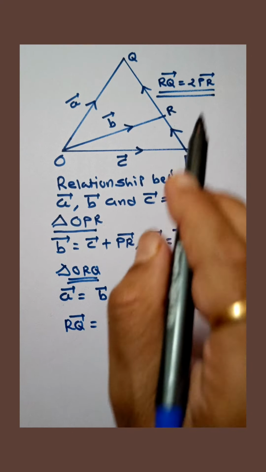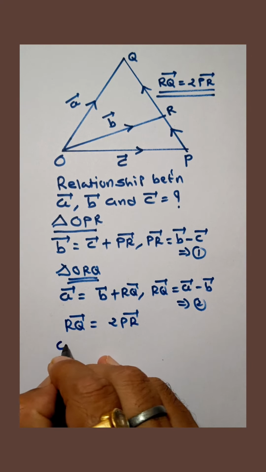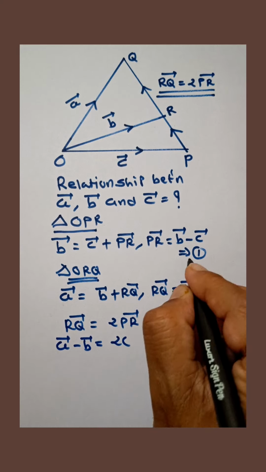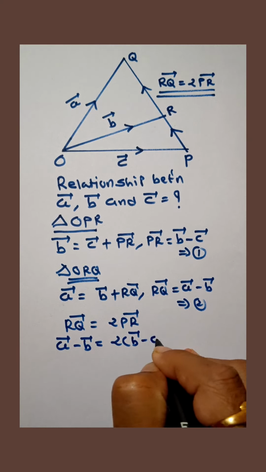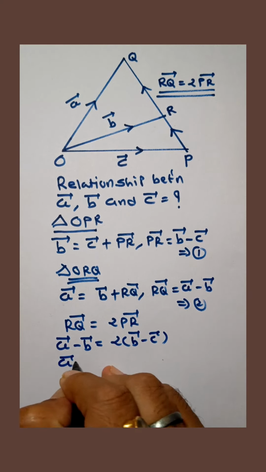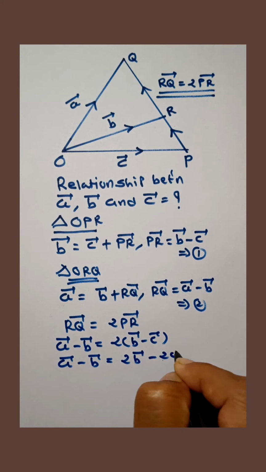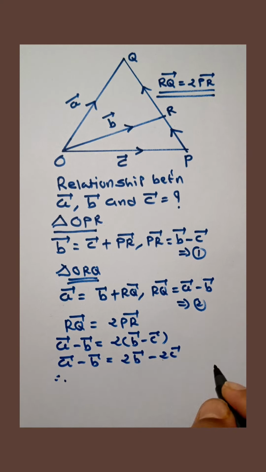2PR vector. It is given. But RQ vector is A minus B vector, and PR vector is B vector minus C vector. So A vector minus B vector is equal to 2B vector minus 2C vector. So here